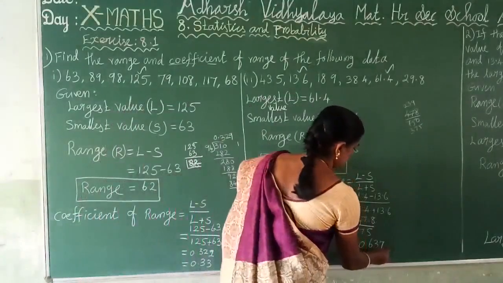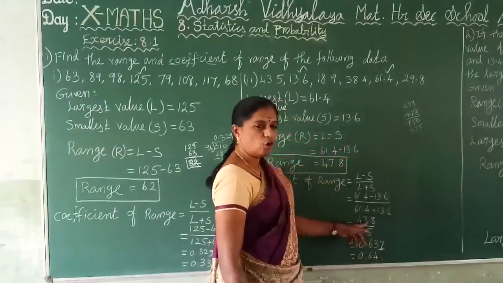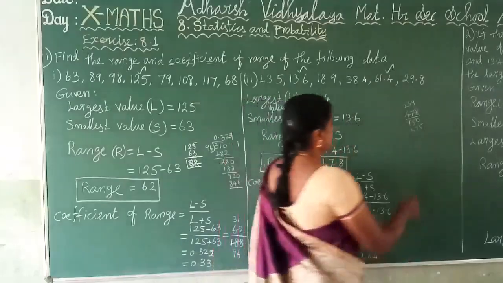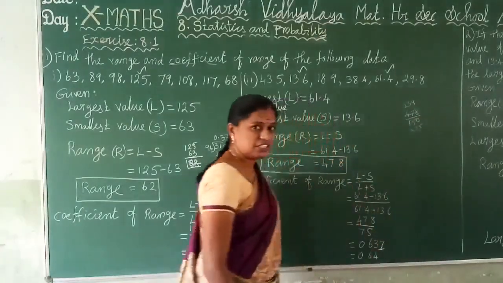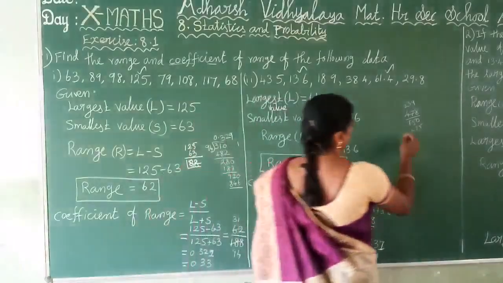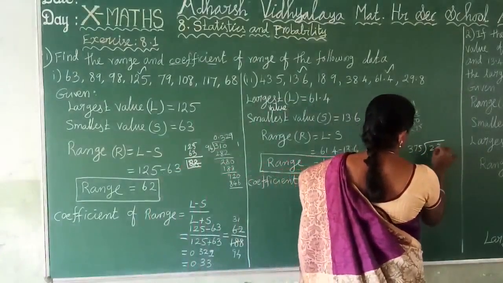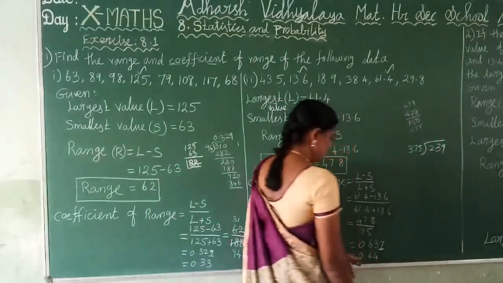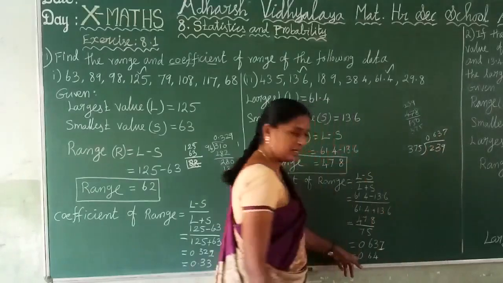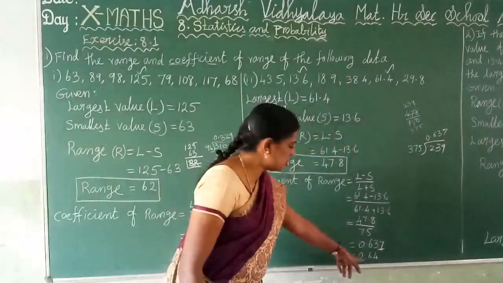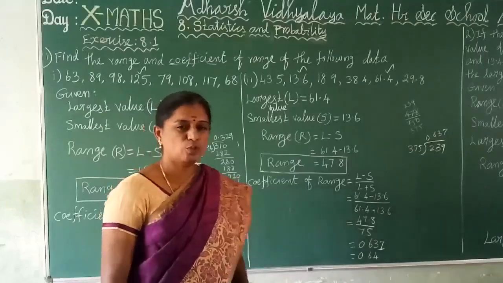So round up. Clear? So here decimal means you convert it into a whole number. Multiply by 10, means we get 478 by 750 and then divide. Which table? So here the 2 table. So what is it? At last we get 239 by 375, and divide. Divide means we get 0.637. Clear? At last round up means we get 0.64. Clear? So these are the 2 more questions.